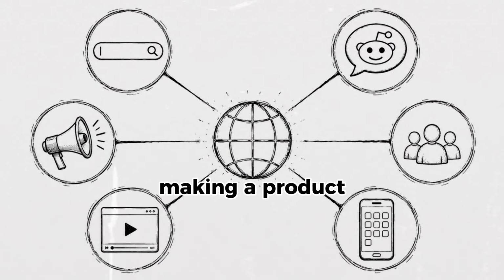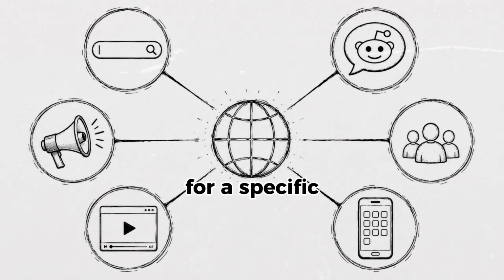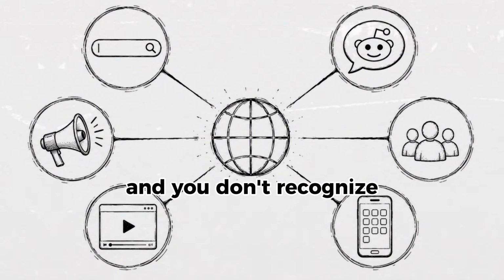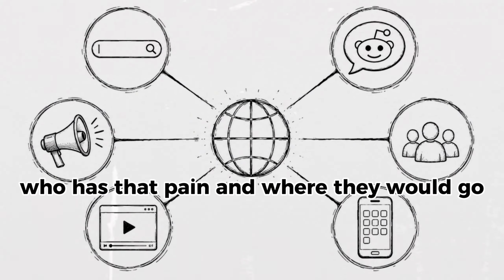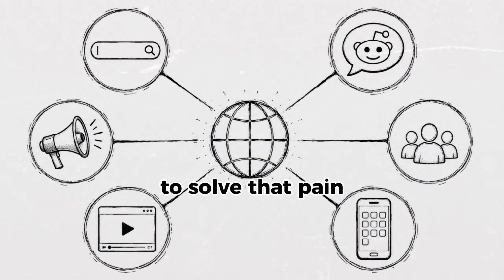The problem is you're probably making a product for a specific pain, and you don't recognize who has that pain and where they would go to solve that pain. Otherwise, you have a fun product and you haven't put it in the market space for fun products. For example, if you made a game, the best way to sell that product is to get inside of the App Store, because that affects trust down the road. And iPhone is really strict about App Store stuff, so that's a journey.